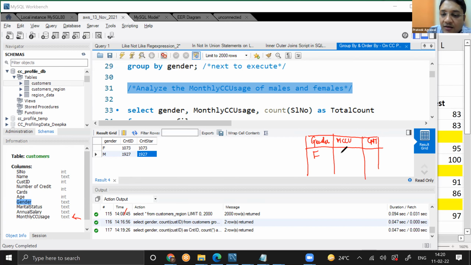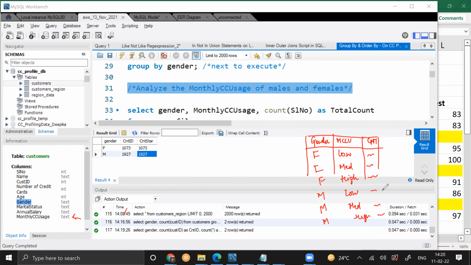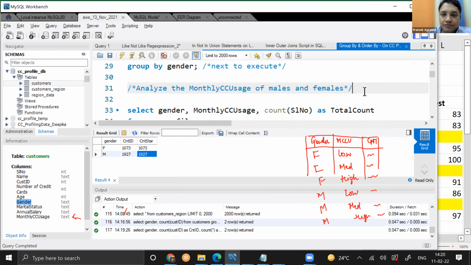Meaning female, let's say low, how many people? Female, medium, how many people? Female, high, how many people? Male, low, how many people? Male, medium, how many people? And male, high, how many people? Did you understand this, guys? Yes, Pratik. Okay, now